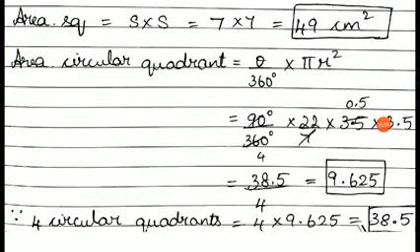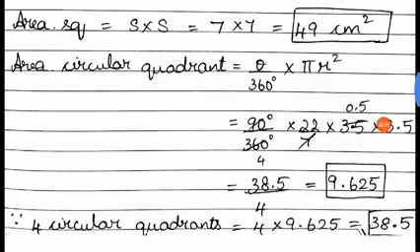After further simplification, we can write this as 38.5 divided by 4, and it will give you 9.625. Okay, children, you have to solve this on your own. You should not directly copy from this and write. In your classwork, I have to see all the worked out part neatly.